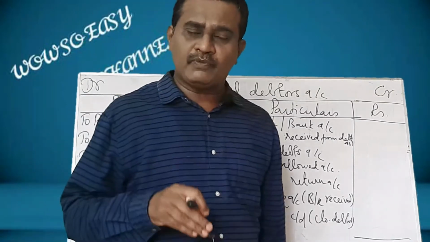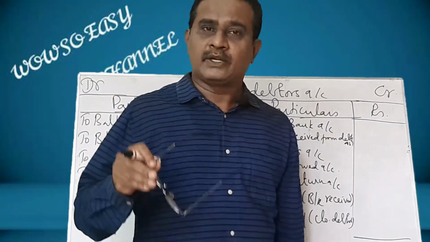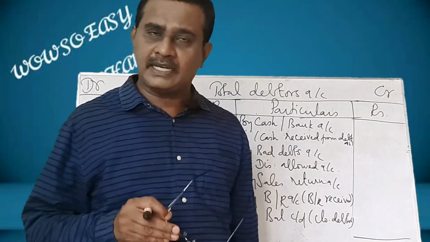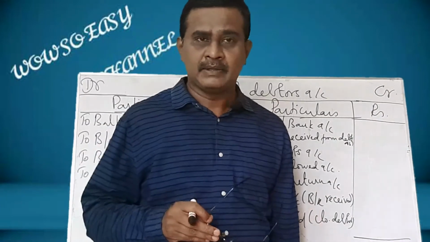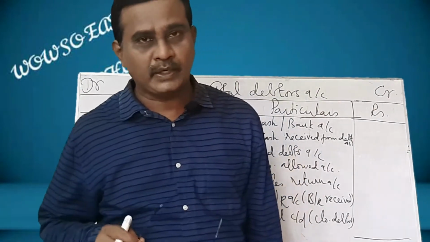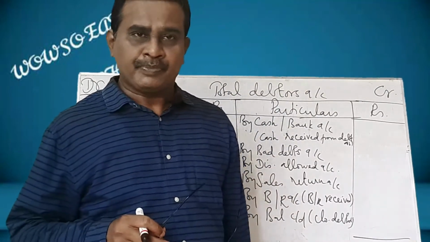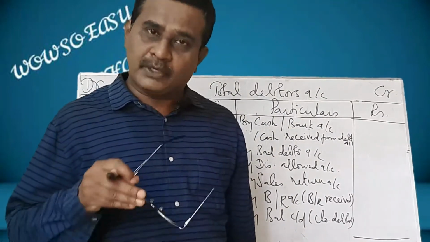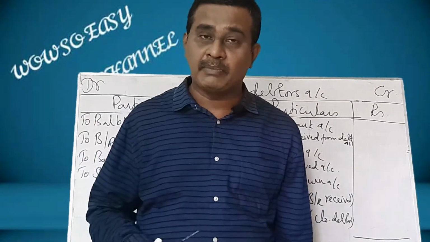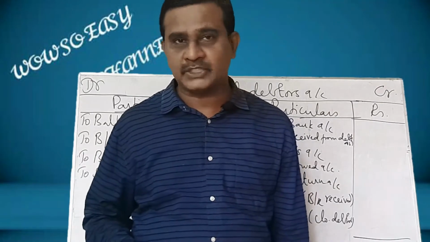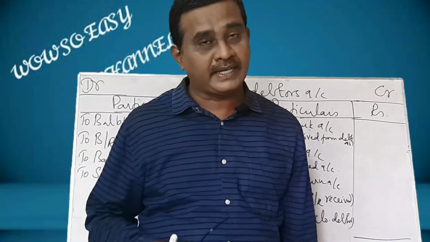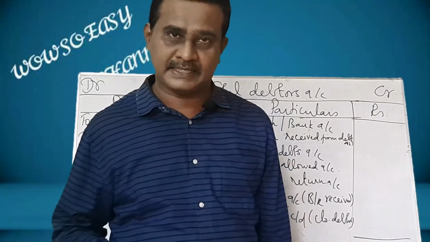And we have to find out sales, total sales. And then we have to find out total purchases. First, let us find out total sales. We have to prepare one account called total debtors account to find out credit sales. See, before going to prepare total debtors account, look at the sum and see whether any bills receivable, opening balance and closing balance are given. If it is not given, you can directly prepare total debtors account and find out the credit sales.